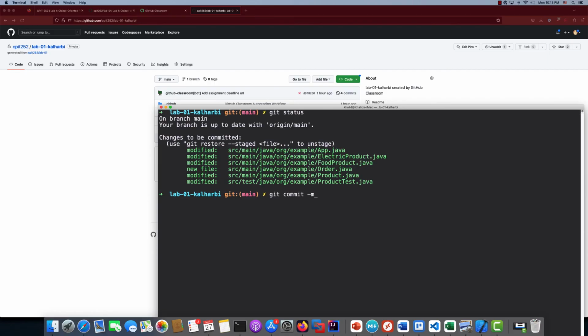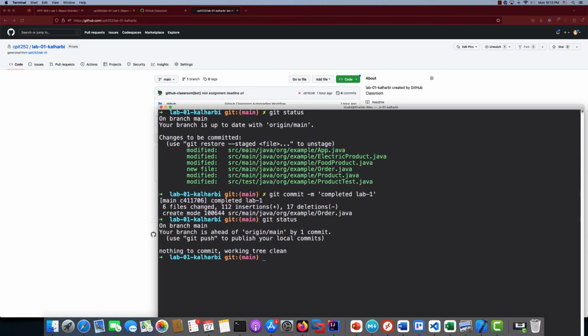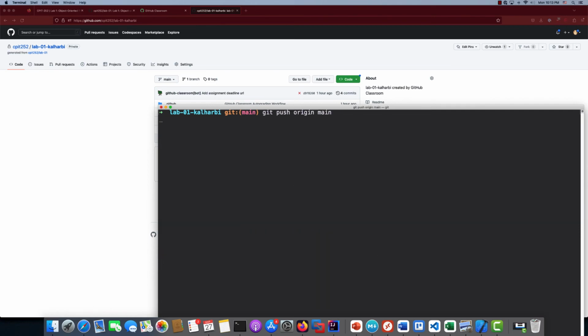So we do git commit. I'm gonna add a message, and in the message you can put any message. I'm gonna put completed lab 1, commit, right? So now if I do git status again, I see that I'm ready to push. All right, so git push origin to GitHub, and then main is the branch name. All right, and so I'll push it,